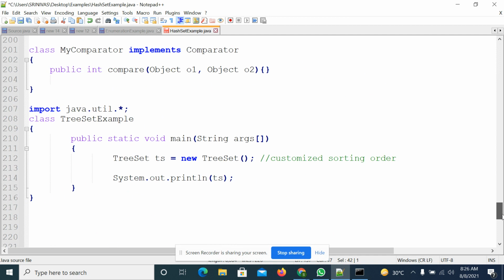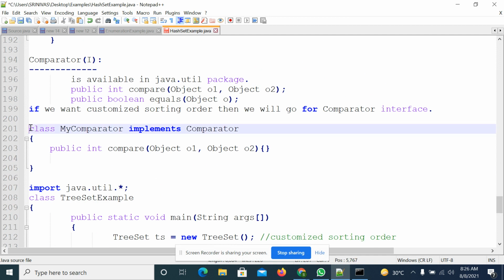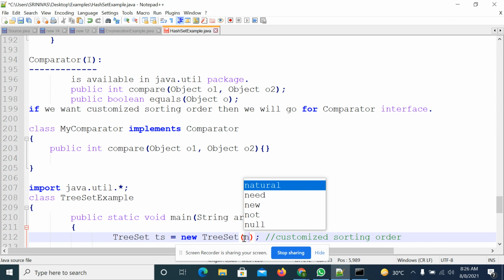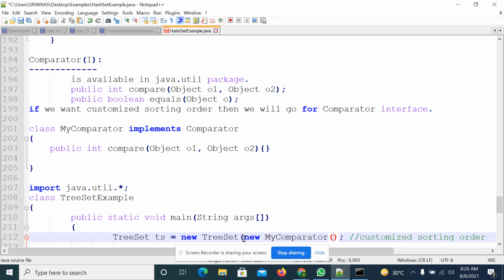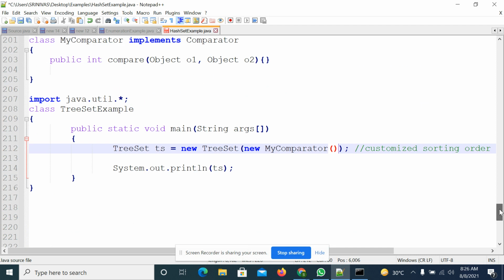That's why I created this class. The class name is MyComparator, implementing the Comparator interface. Here I need to pass this class object, so I will create new MyComparator. I'm passing it like this. I hope you are getting the point.